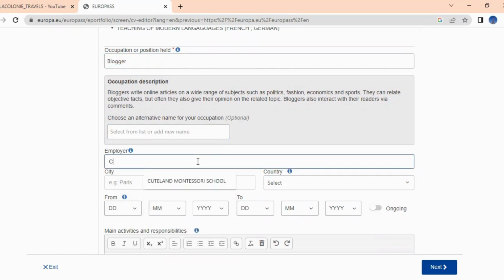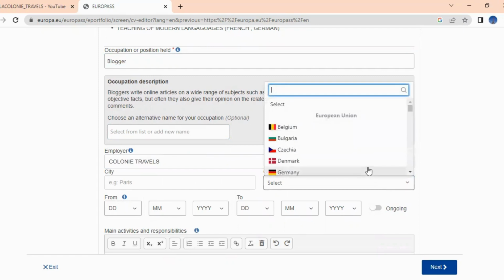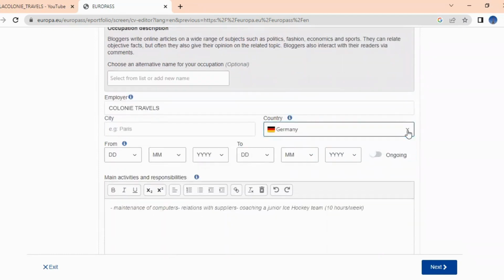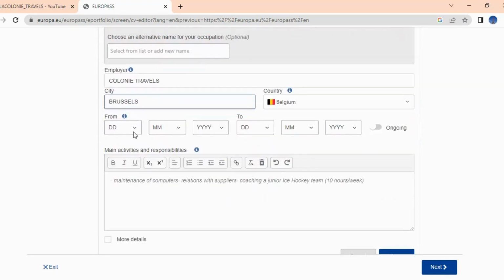or I go and say Colony Travels. Okay, so after that, I click on the country, for example, Germany, or I click on the country, I say Belgium, Brussels. Okay, so after that, I click on the year where I worked there. I can say 2nd January